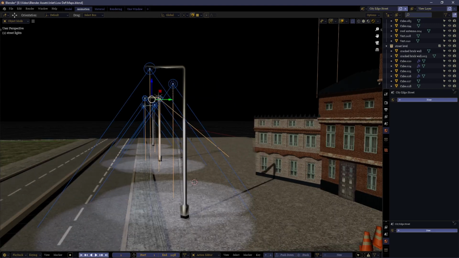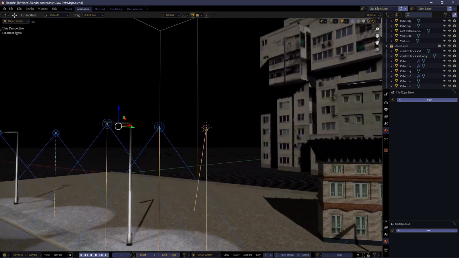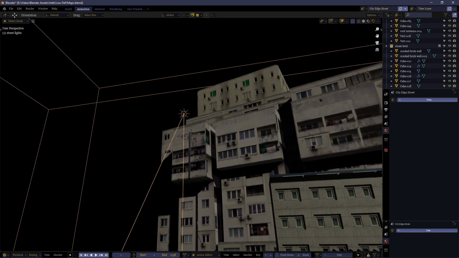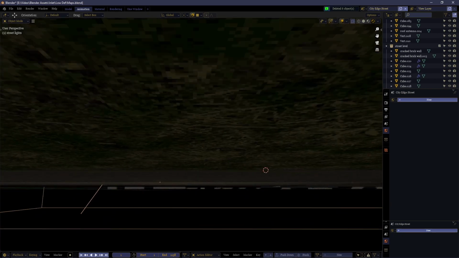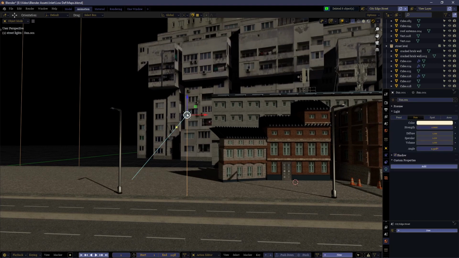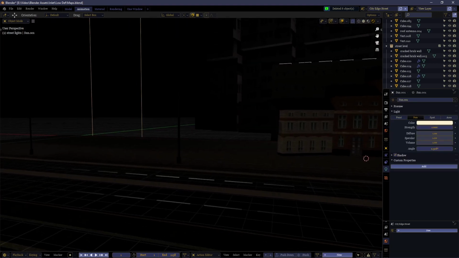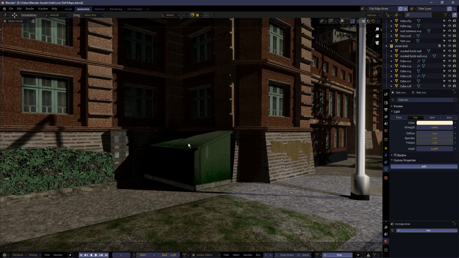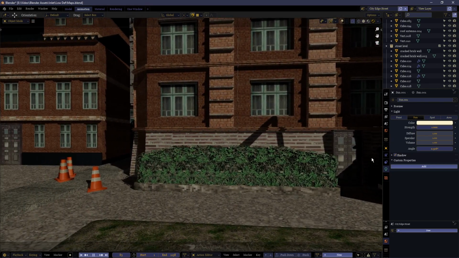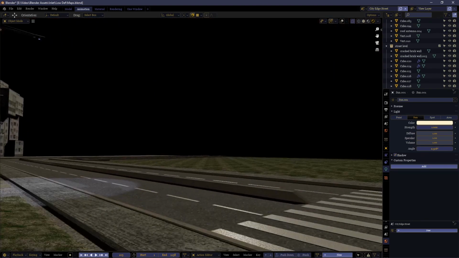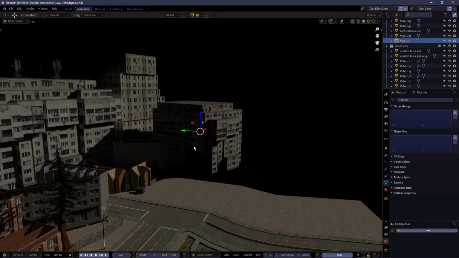And also, these ones over here don't appear to be needed. You should be careful which you do delete, because as you can see here, this isn't a spotlight, this is actually a sunlight. And as you can see, if I hide this, it's that which is actually lighting up the scene. Now if we look again, we can see that everything looks exactly like it did. Meanwhile, everything outside of frame is now deleted.